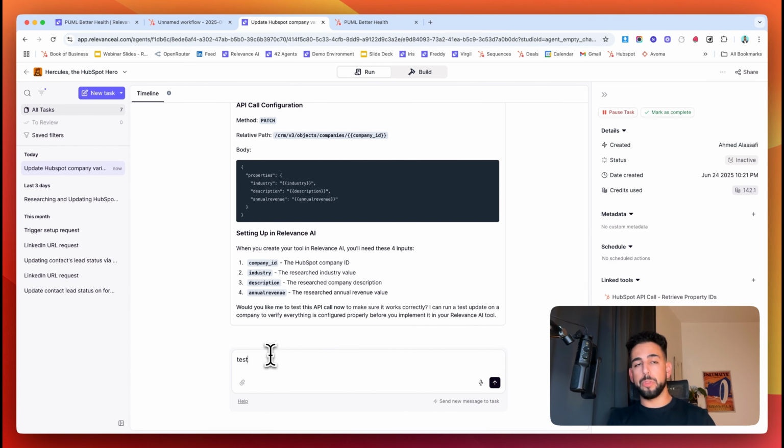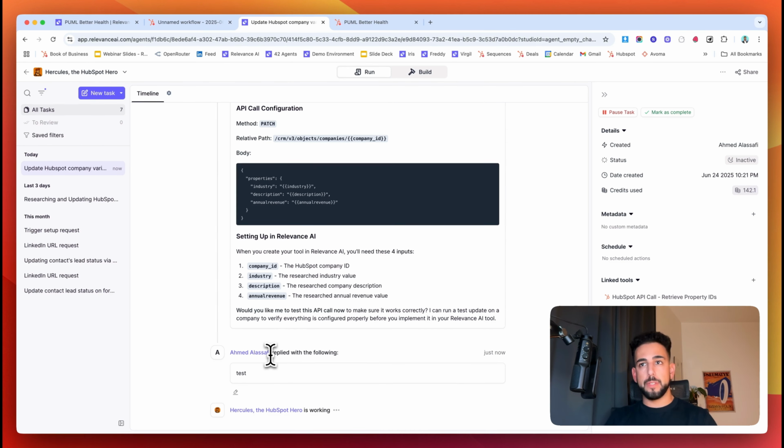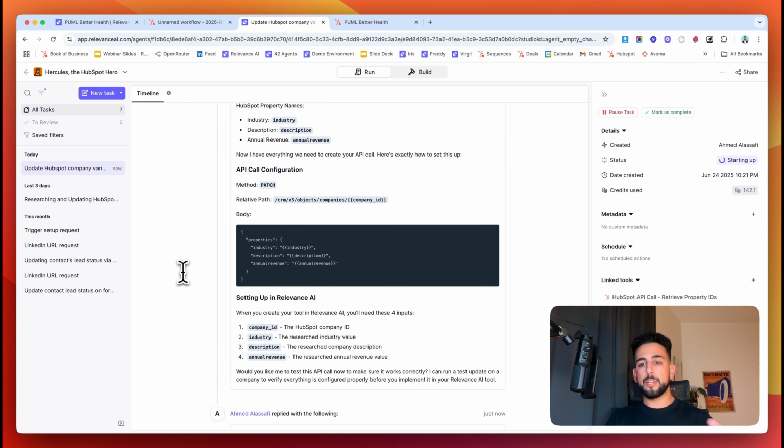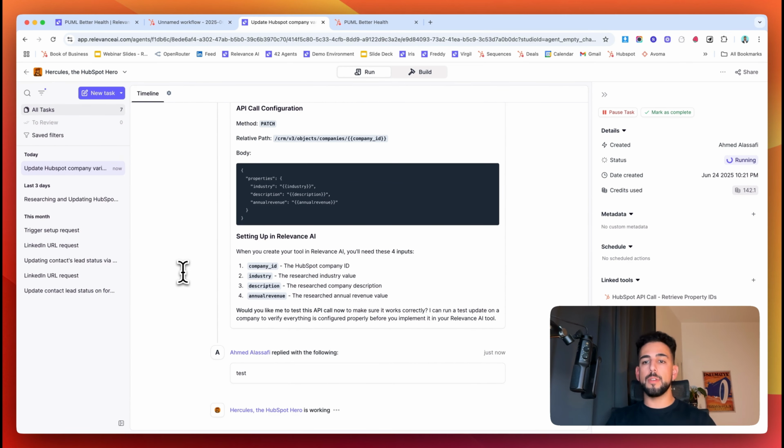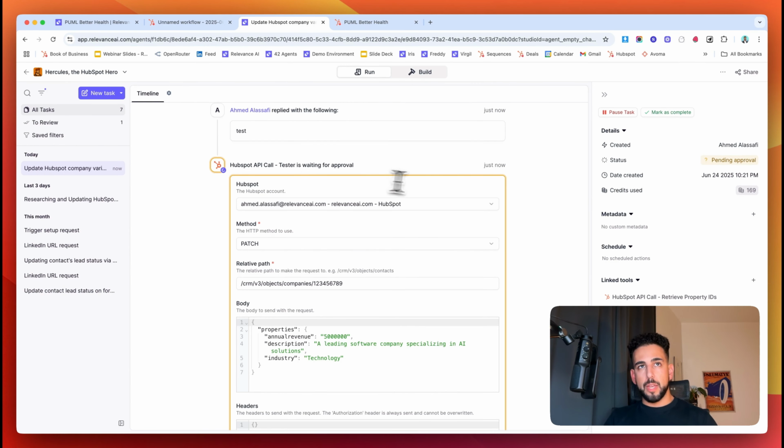So this is a really cool thing about this agent. We can emulate this API call as a once-off and test it. So I can click go and test this API call, and then we'll see that it actually works. And then we can just mimic this in a new tool in Relevance. So this is the test API call. I won't actually run it because I don't wish to update anything right now. But as you can see, it's put in the patch method, the relative path, and the body. So we'll look at the guidance that we have above and create a new tool in Relevance now that can